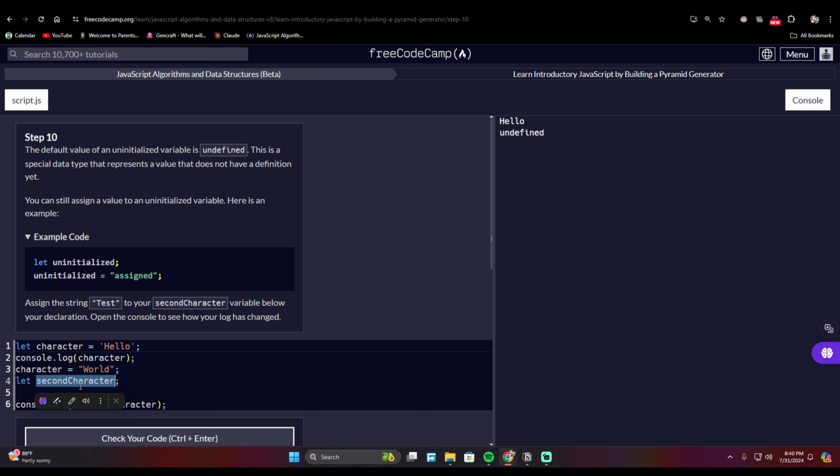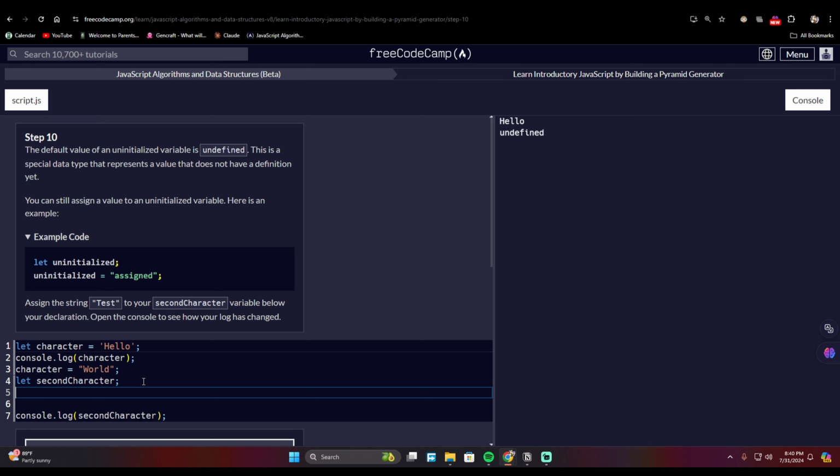So here is our already declared variable called second character, and it is uninitialized. It has no value. It's not like this. It has no assigned value. Either a number or a string, hello blah blah blah. Okay? So it is uninitialized. So we can assign a value to this uninitialized variable by writing here